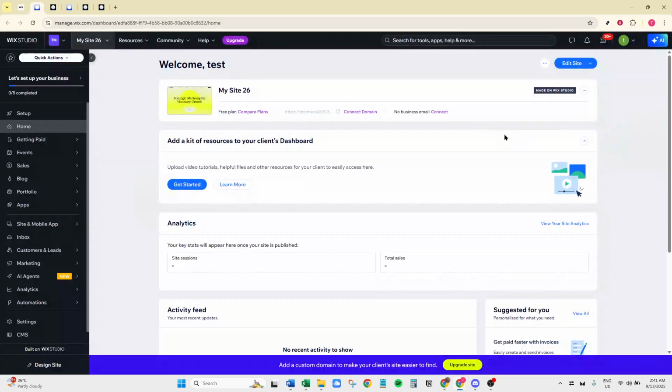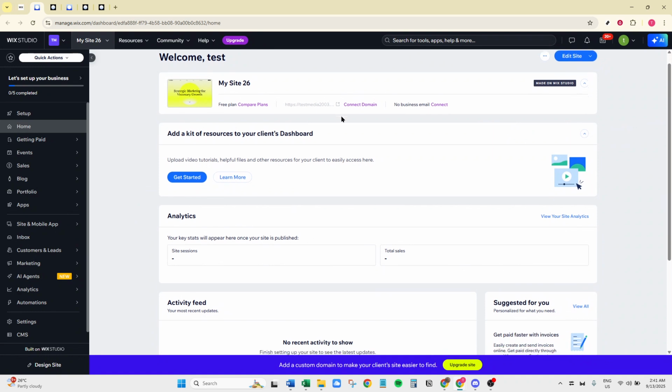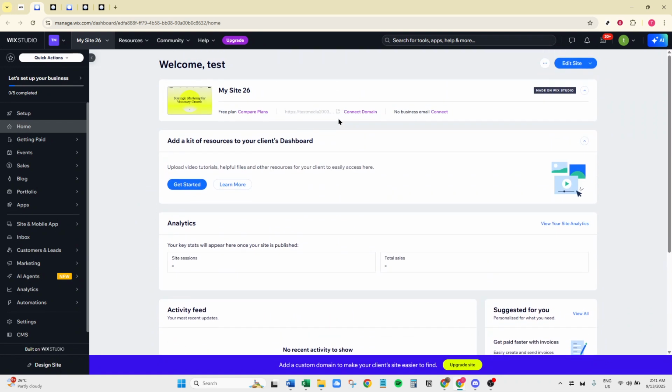After you've logged into your Wix account, you'll find yourself on the Wix dashboard. Here, you'll be able to view all the sites you have associated with your account. Go ahead and locate the site you've already published and wish to edit. The dashboard layout is user-friendly, making it relatively easy to spot your website.